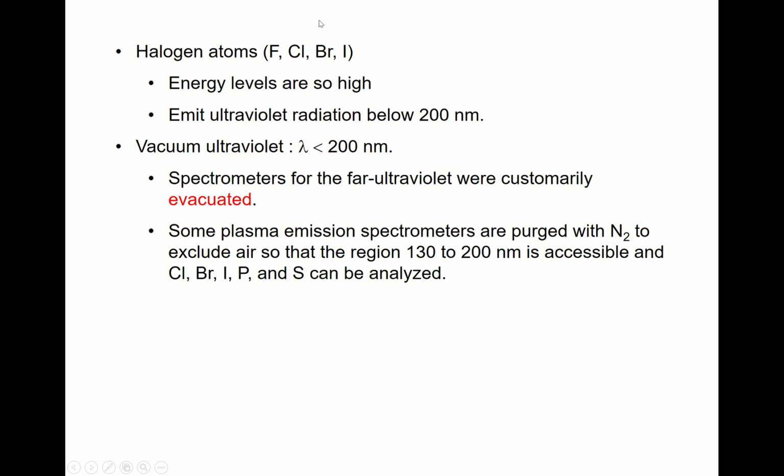But for halogen atoms, like fluorine, chlorine, bromine, and iodine, energy levels are so high that they emit ultraviolet radiation below 200 nanometers. Electromagnetic radiation whose wavelength is below 200 nanometers is called vacuum ultraviolet. Why vacuum? This wavelength is so small,